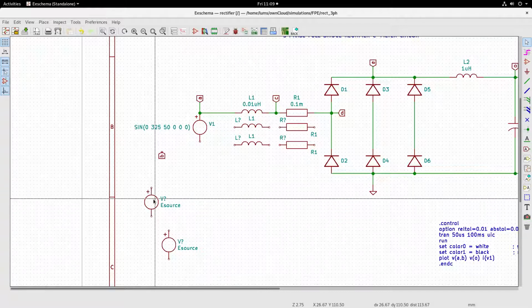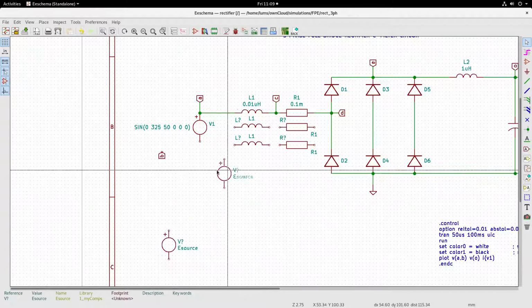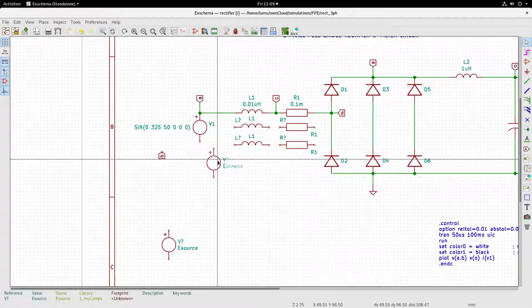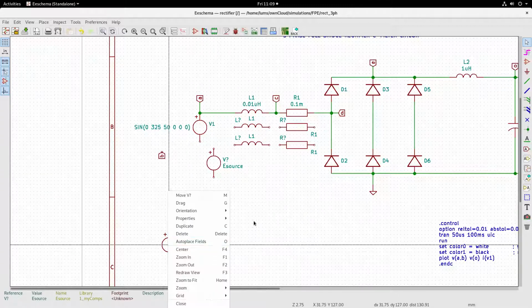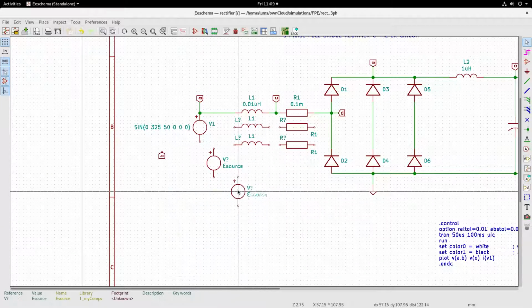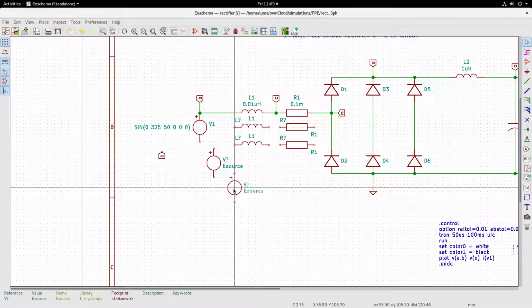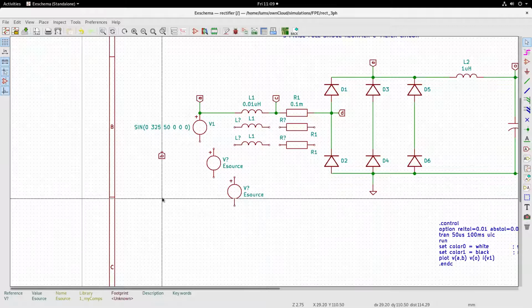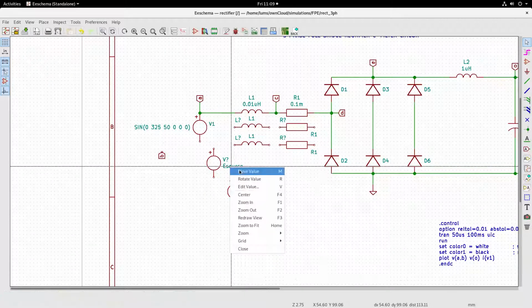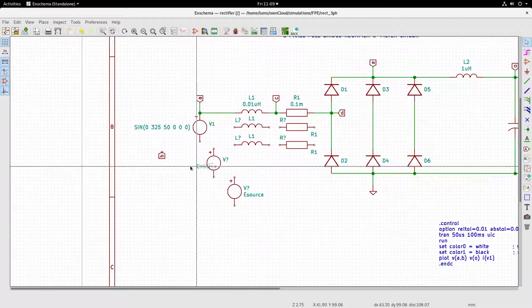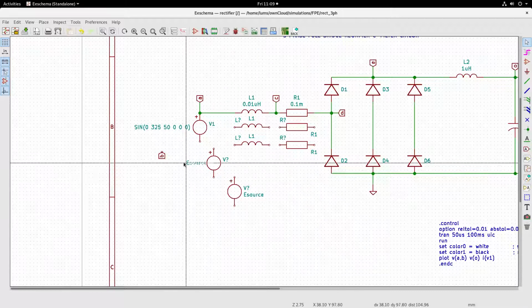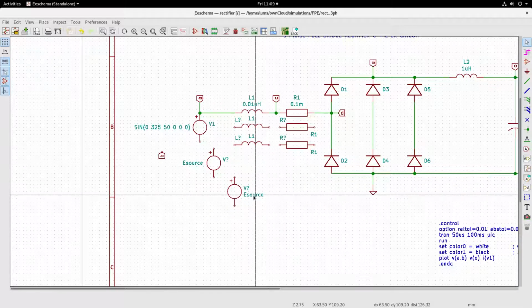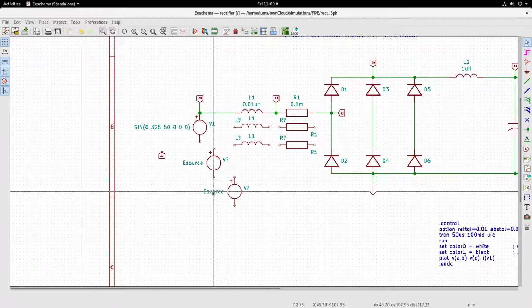Then now I can place this source here, and I will place this source in line with this here. So you have the three sources, and I can have the value moved to the right. Same way I will have the value of this moved to the right.